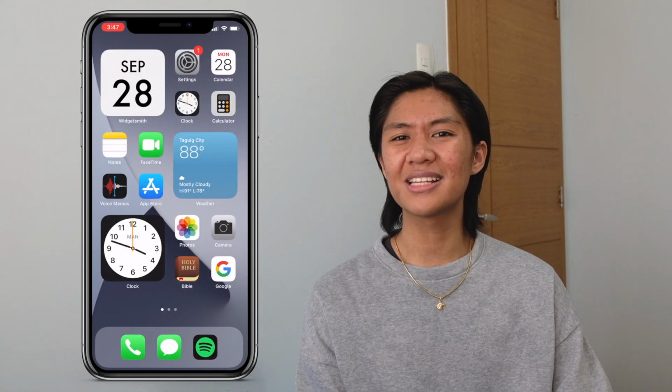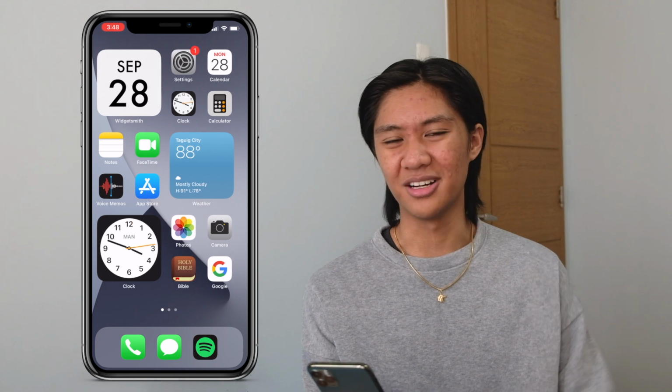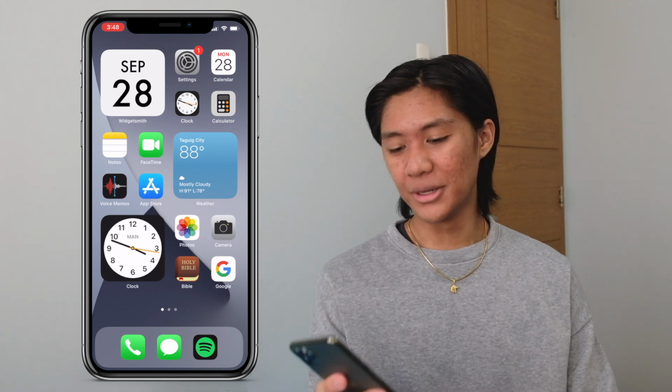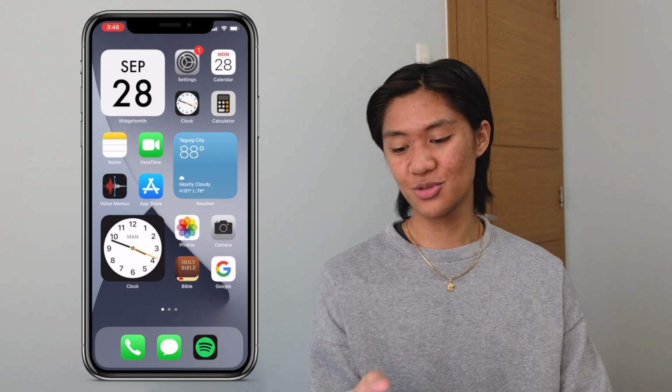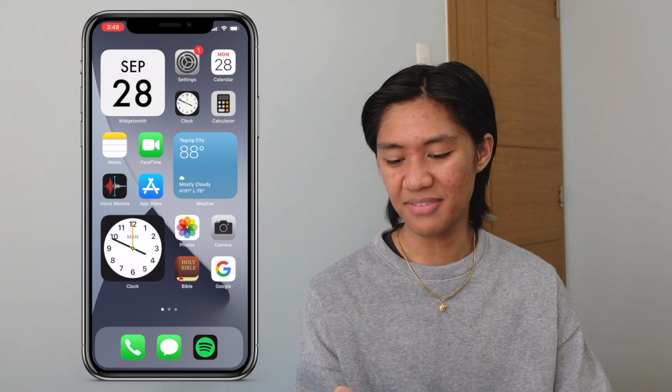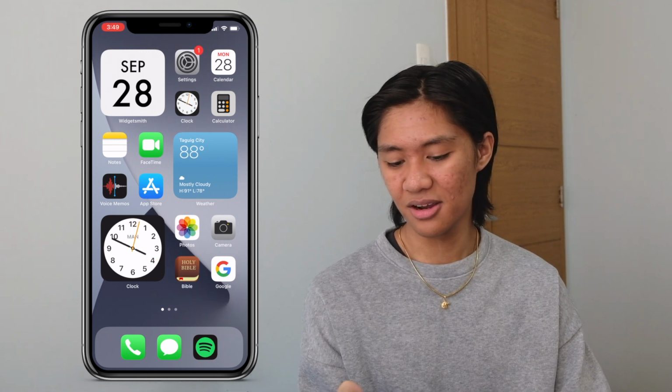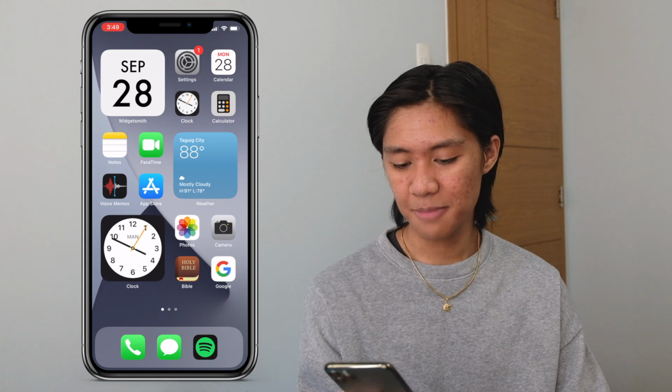Okay, hopefully I made that clear. I just brushed through it. I don't really want to talk about it too much, but since we're done with the widgets, let's move on to the apps. So in this page, I have the settings, calendar, clock, calculator, FaceTime, notes, voice memos, App Store,